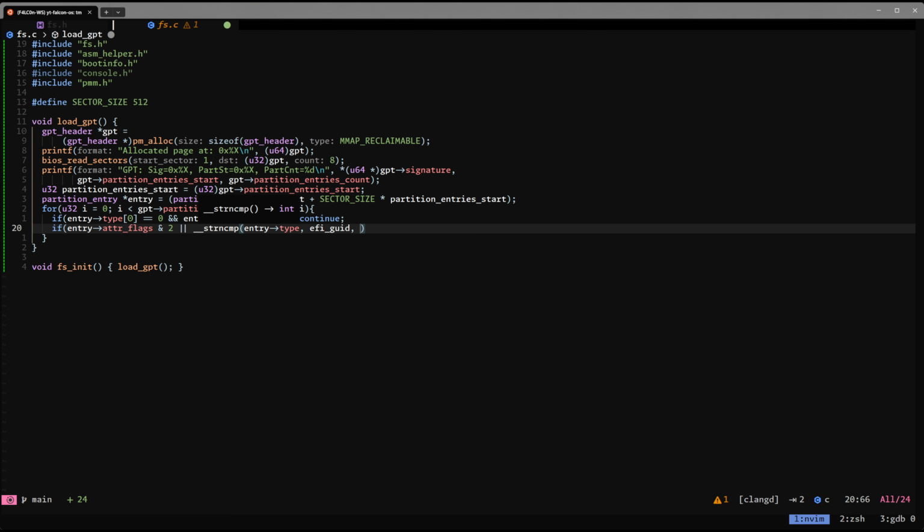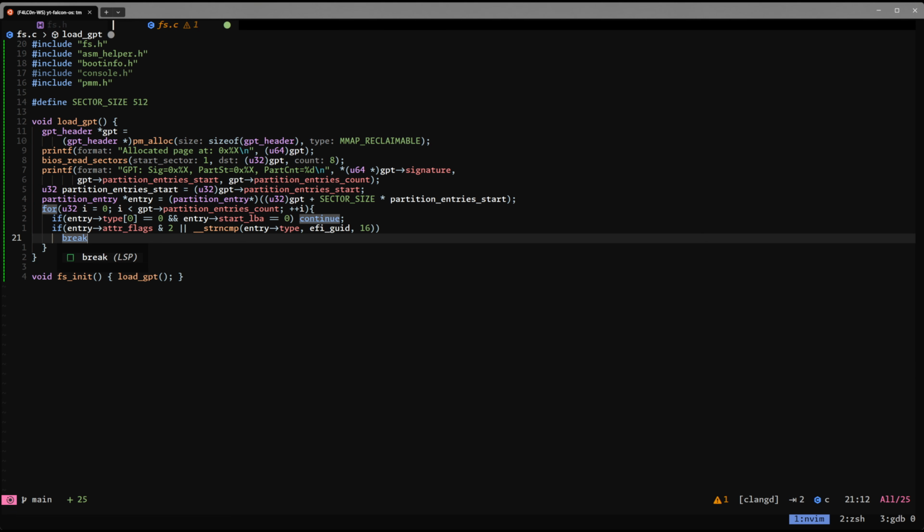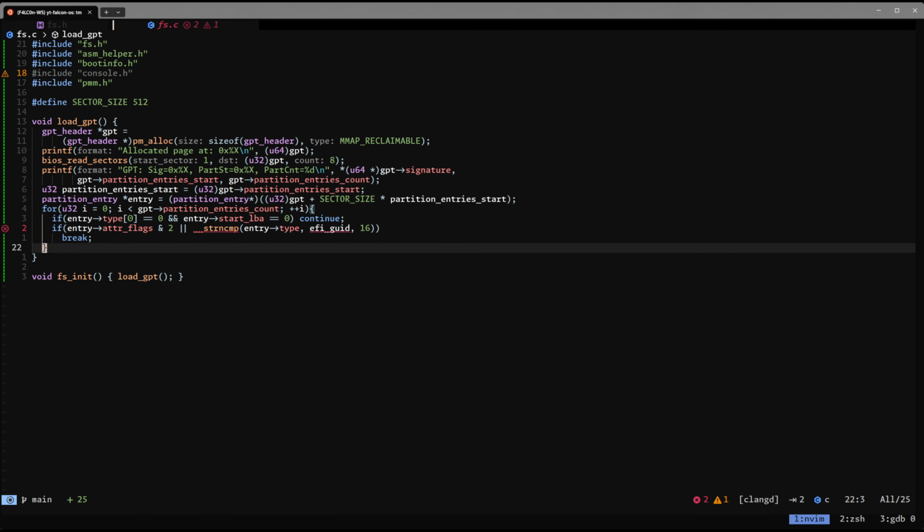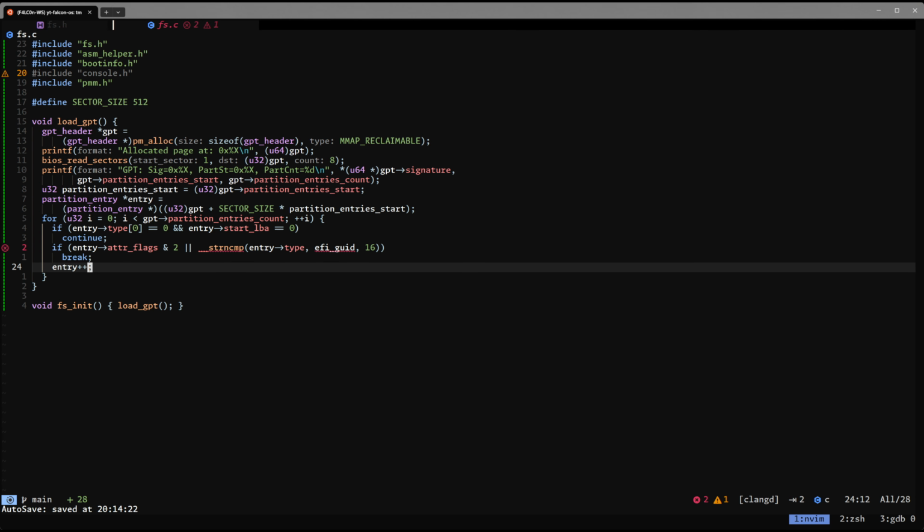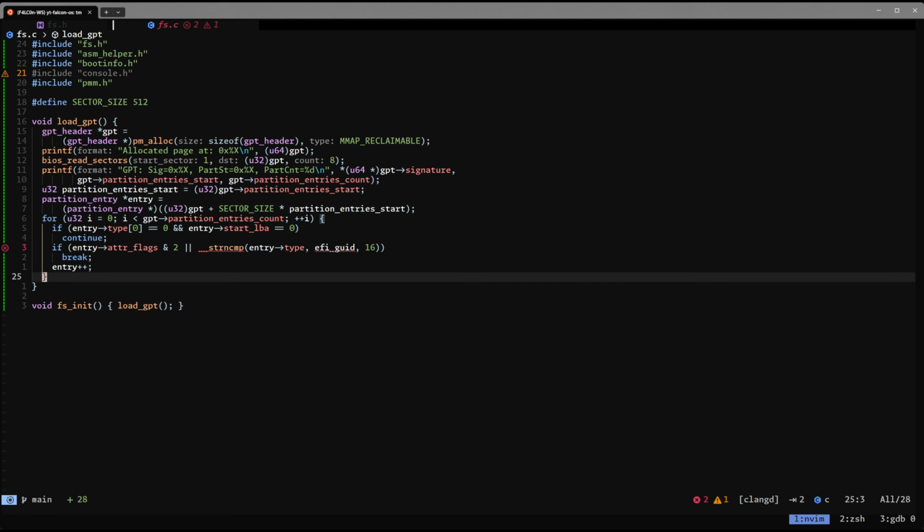We know that it's 16. Yep, it's 16. So we'll do that. And if this matches, then we basically just break. Otherwise, we need to basically increment our entry. All right, just 2 pluses. And with that, we should have the entry to read our partition from